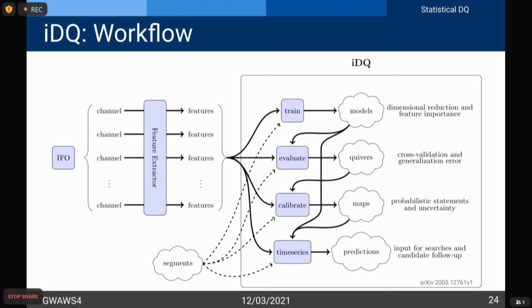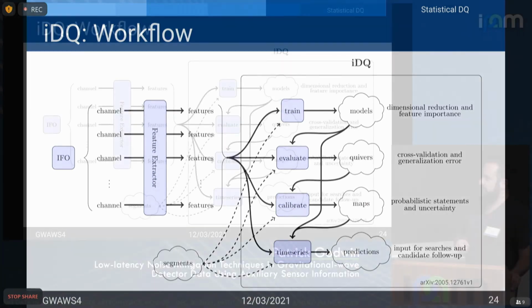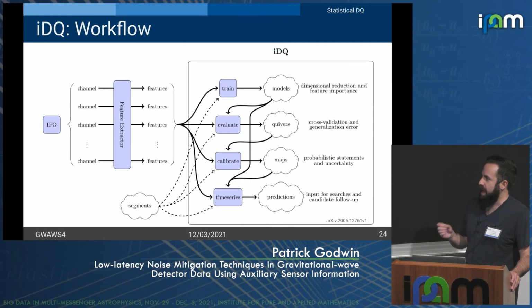We create a model as its output. And then what we can do is create an evaluated data set using that model and the input features, something called quivers here. Well, kind of jargony, but it's effectively an evaluated data set. Then finally, using this model and this evaluated data set, we can create from the model's output,